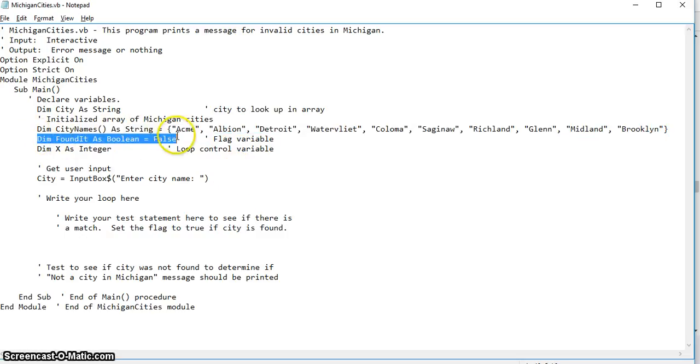It either is or it isn't, and the Boolean variable called foundit is set to false. So by default, it's set to false. So we need to create a true condition. So here's what we're going to do. We have an input from the user, which is enter city name. So they're going to make a choice, and then we have to determine whether or not that choice is in fact in the array. So we're going to write a loop